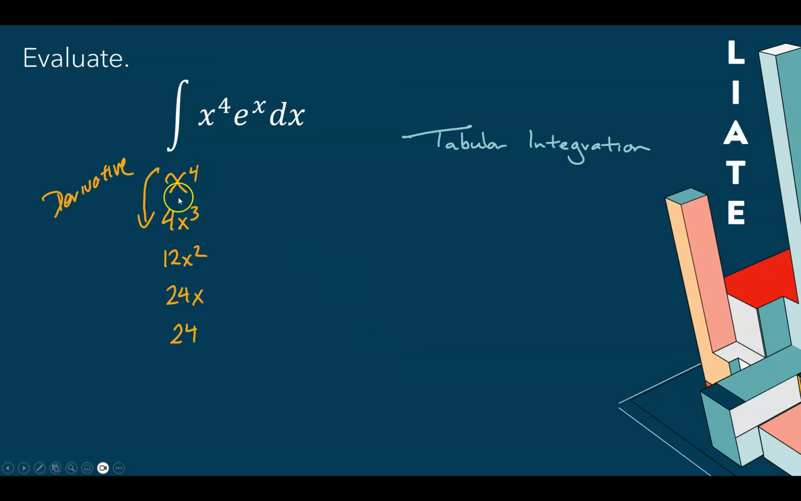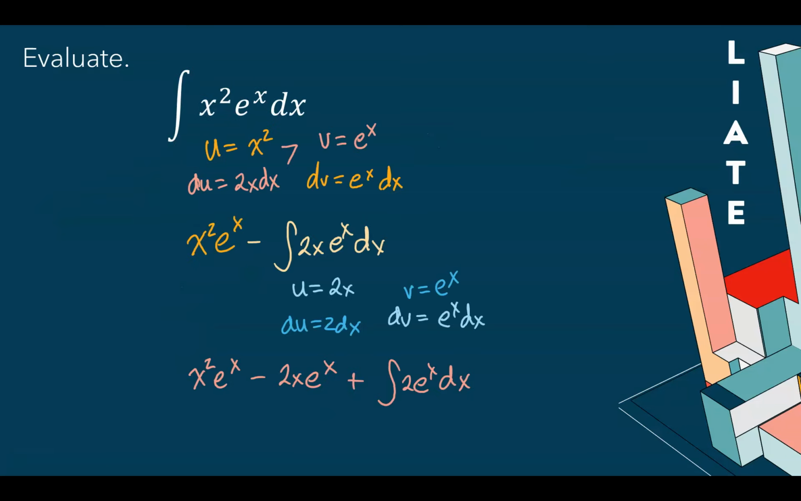We'll start with x to the 4th, which has a derivative of 4x cubed, which has a derivative of 12x squared, 24x, and 24 completes that line. And then what do we do with the other half? Well, it's kind of hard to see, but